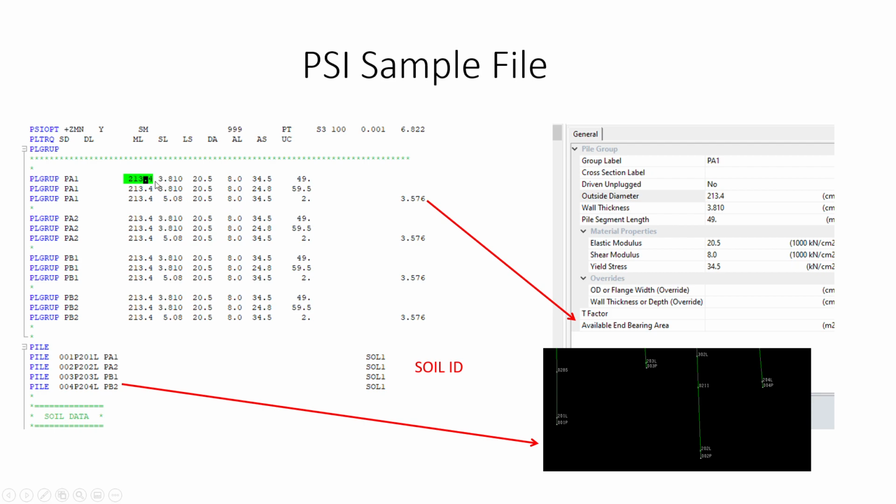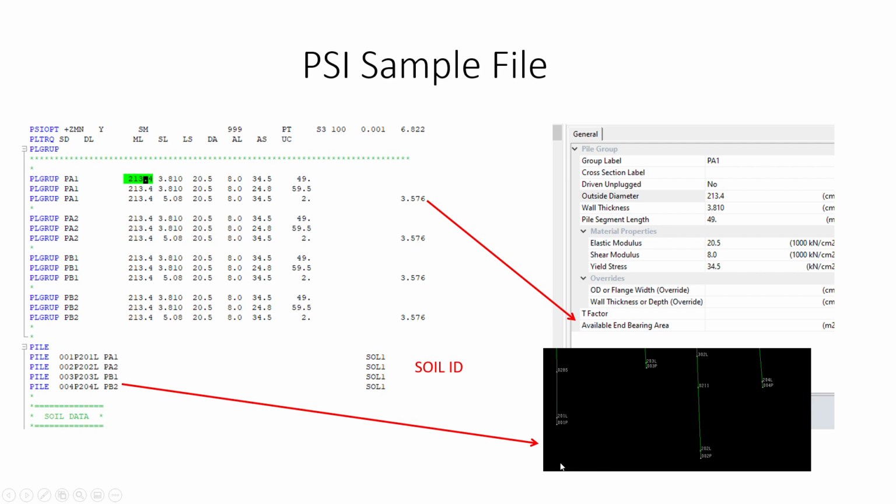In PA1 there are 3 lines. Why do we require 3 lines? Because I have two different grades and thicknesses. See, the first is 3.810 from the mud line to 49 meter. I have 3.81 centimeter thickness, 213.4 is the diameter, and 34.5 is the yield strength up to 49.